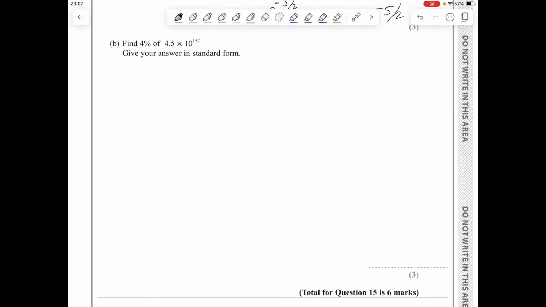For part B, I need the 4% of that number, so 4 over 100 times that number. Now you can put this on the calculator, but some calculators cannot handle this because it's too big and they will give you an error. So to do this manually, start by considering this calculation. Now these you can do on the calculator, these are simple numbers, and this will give you